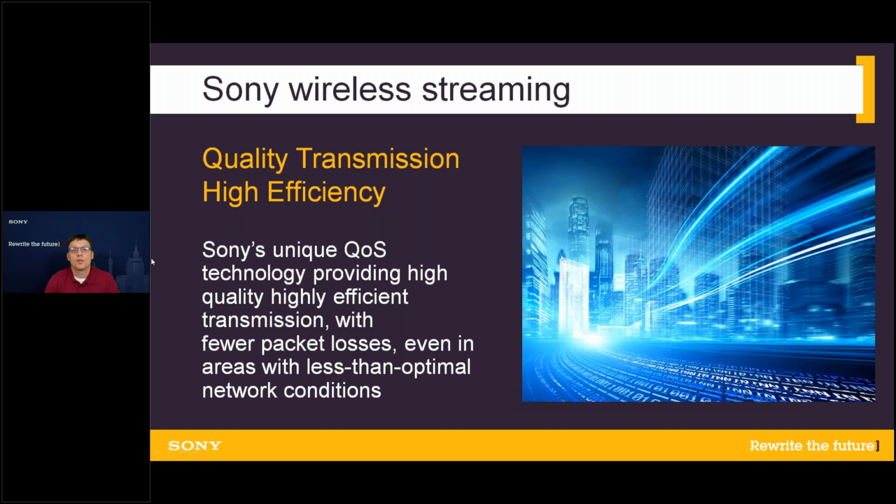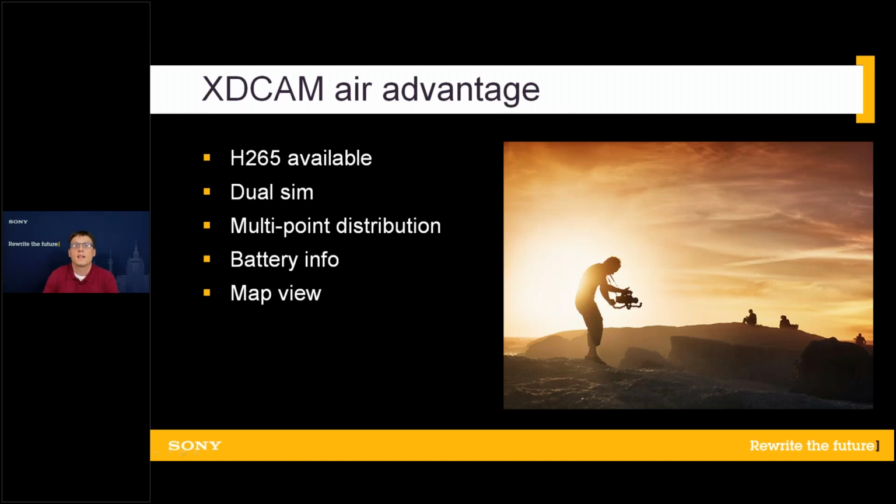We also have a solution which is called the XDCAM Air service, and that XDCAM Air service is a subscription, as I say. It's running on the Amazon Web Services, and with that subscription you can add some additional features to that standalone server system. So with the XDCAM Air you may get the H.265 coding for the cameras which support that. You would get the dual SIM support. We also support something like a multi-point distribution, so you can send your stream to more locations,